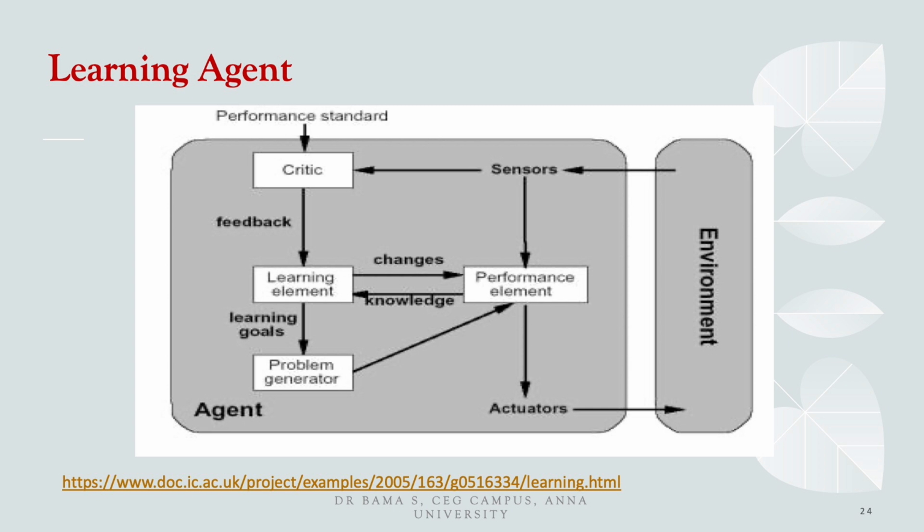Now, in addition to this, if you see down towards the left side, after the learning goals, it is a problem generator, meaning it has to give something new to the user. In the sense, it has to generate some new design to the user. It should be generative in the sense. So, an example here I could take is a personalized news recommendation, or